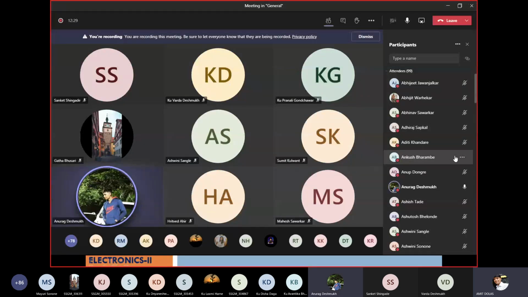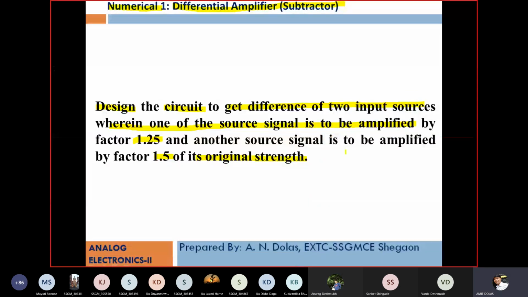Anurag, what is the formula? Sir, I just... Okay, I'll show you the PPT. Yeah, Anurag, we are solving the problem. We already did this in an earlier lecture. So this is a completely practice session, not a monotonous lecture. आपके साइड से भी आप मुझे आंसर्स चाहिए, मैं भी इधर से बताऊंगा टैली करके. So this is the problem which is visible on your screen. It is a subtractor. So please search your previous notes if you have, and tell me the formula to solve this.